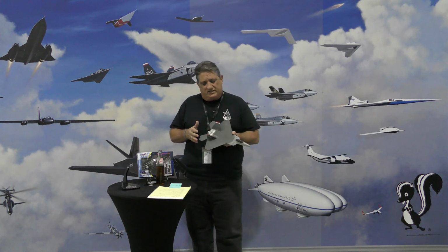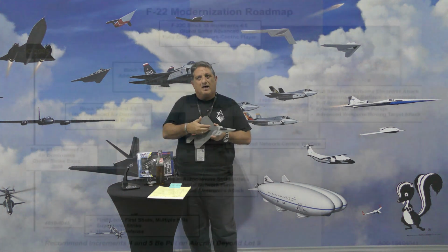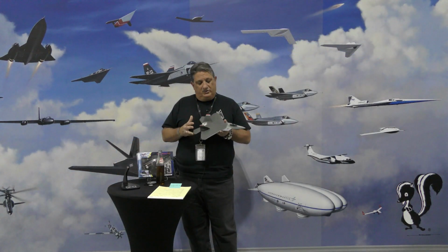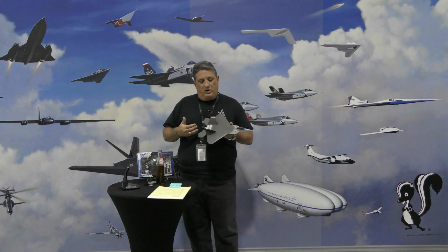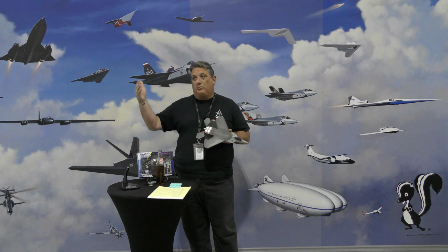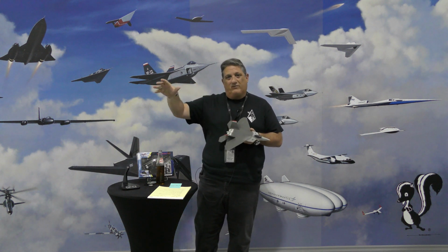Now, this aircraft, as I mentioned, they've gone through a number of block upgrades because they're so rare. This is an air dominance airplane. This is an air dominance fighter. They're so rare they keep upgrading them, but there's not a lot of them. And if a shooting war ever started, they would want to be very careful how they committed these. They're in the process of building a whole bunch more F-35s, which is the next step, and we're going to cover it, the next step in that whole data fusion and battlefield management